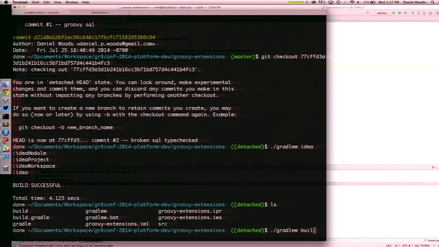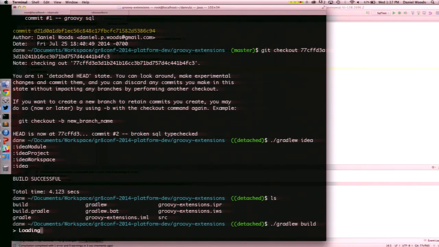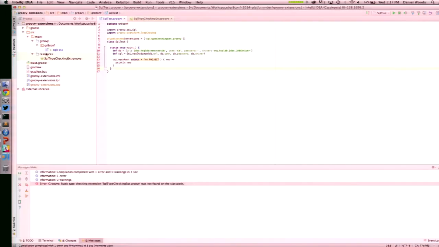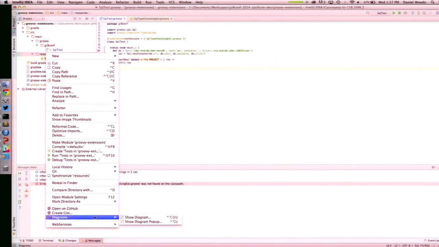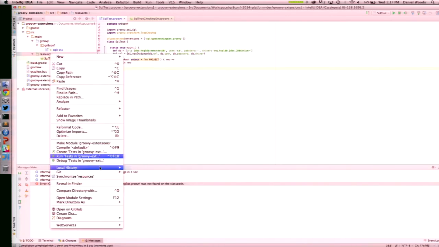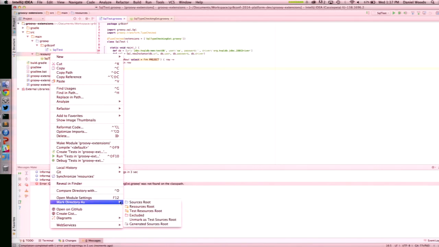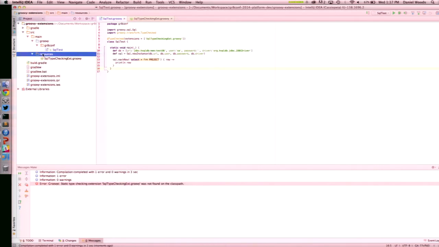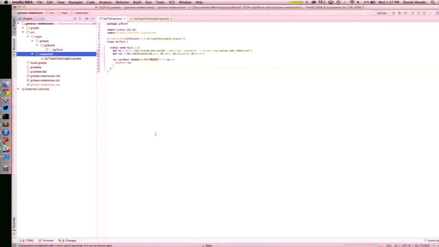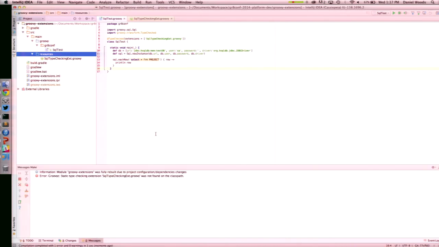Okay, Gradle W build. Okay, so it doesn't think it's there either. Let me see. I will try one more thing and then we'll move on. Try that again. Yeah, okay, anyway.